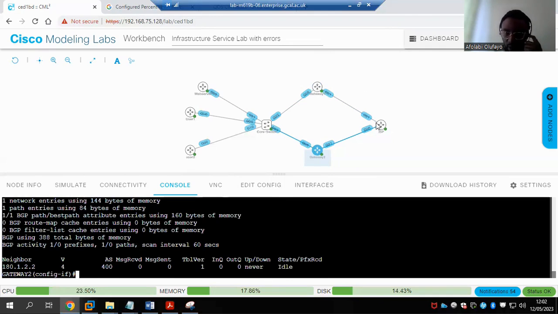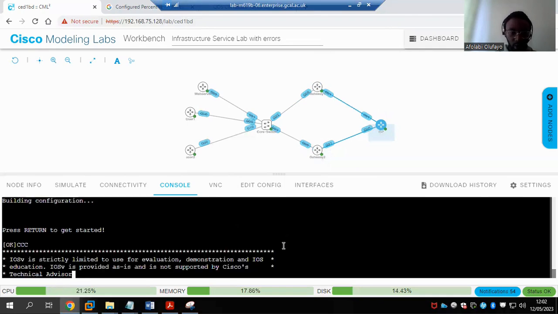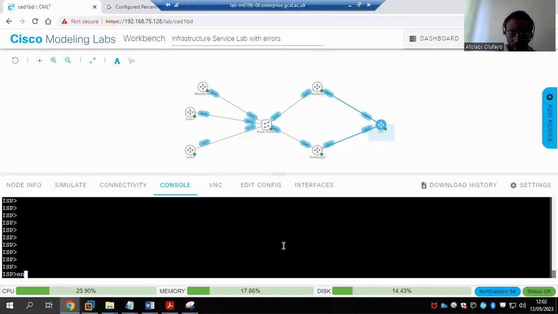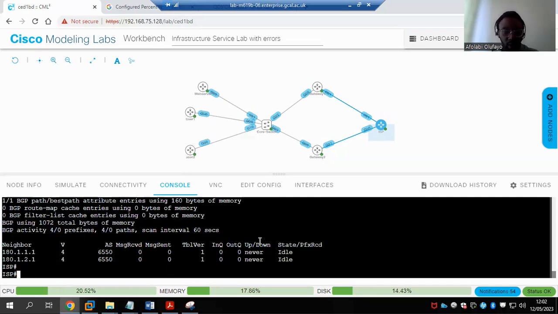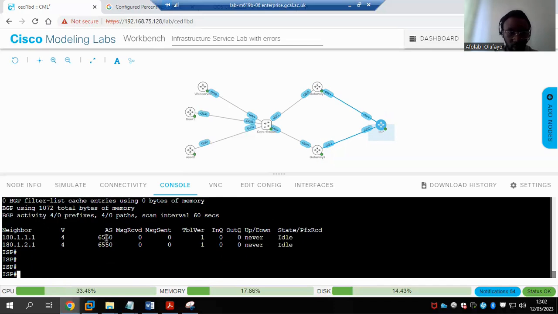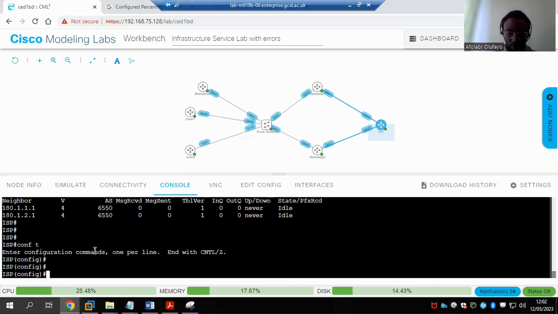So same thing here. So I'll go to the ISP, likely to be from the ISP. Show IP BGP summary. So on the ISP, I can see here that a wrong AS has been configured, and I can begin to check the configuration.